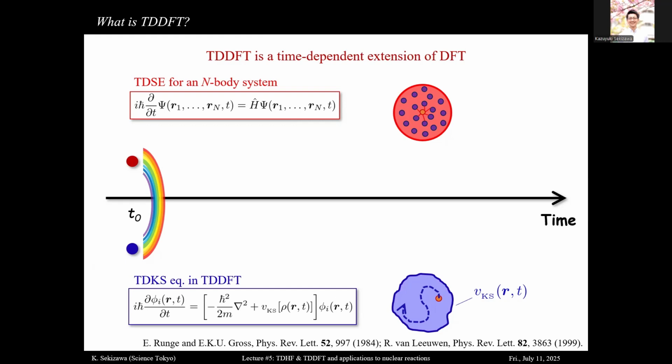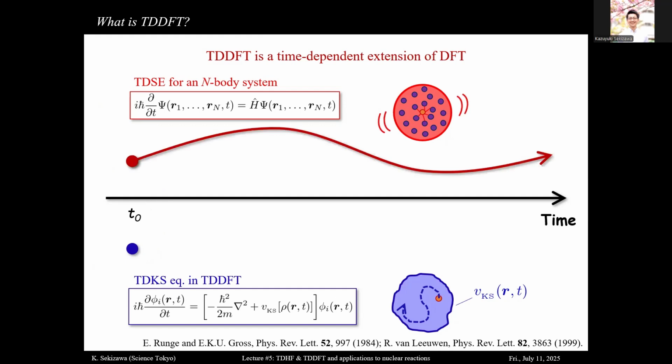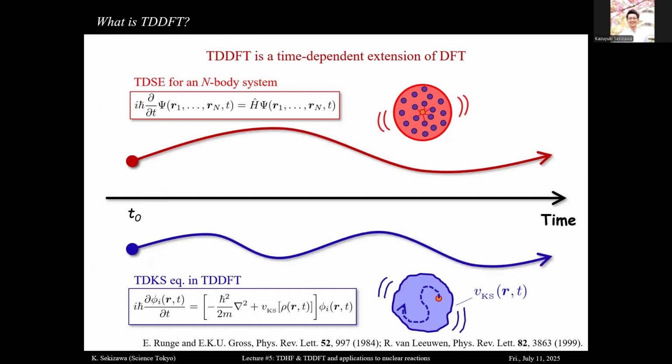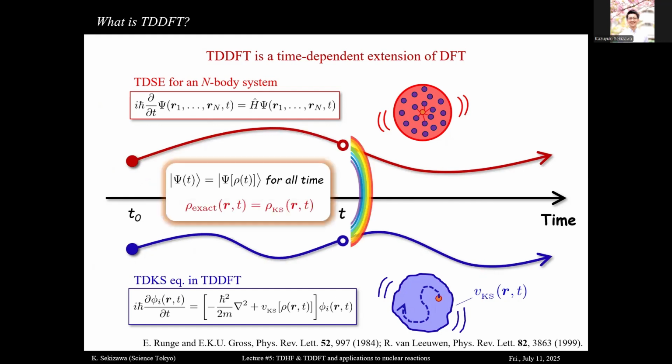Okay, in principle, we can get this connection according to DFT. And then we evolve in time, and those systems evolve a bit differently. So they are obeying different equations, so they can be different. But the point is the time evolution, from the time evolution, we can show that